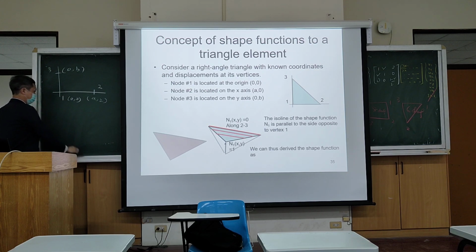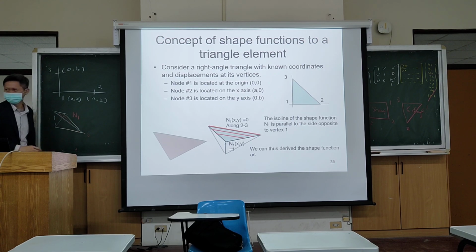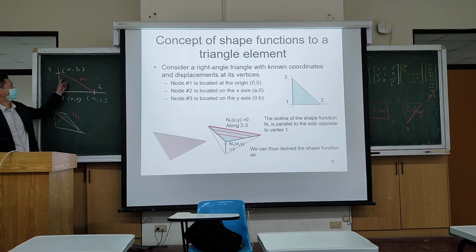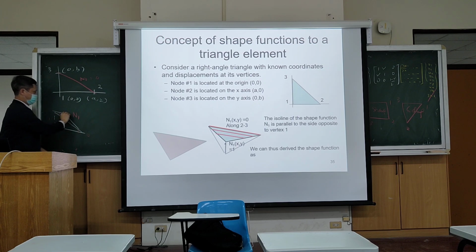In the 3D view, you should know that this defines a height of 1, and this defines a height of 0. So this is your N1. Okay. So what is your N1? Your N1 is 0 on the opposite node. Do you see this? Your shape function N1 equals 1 at node 1,